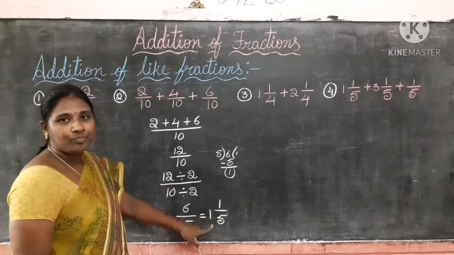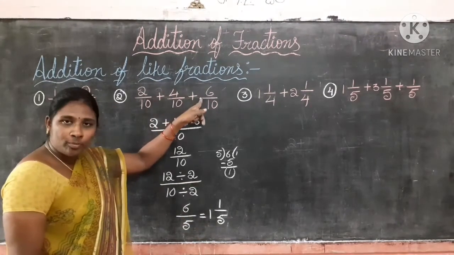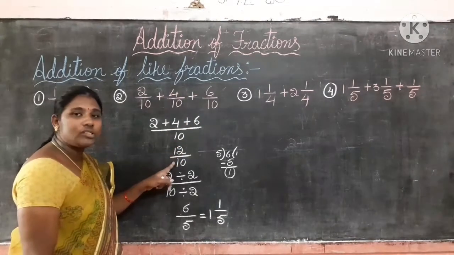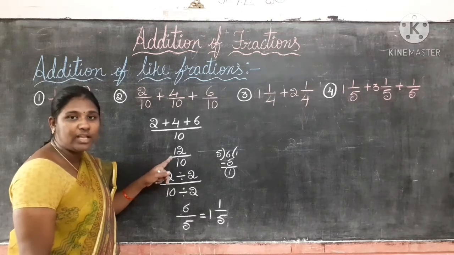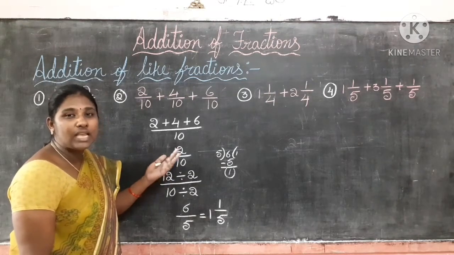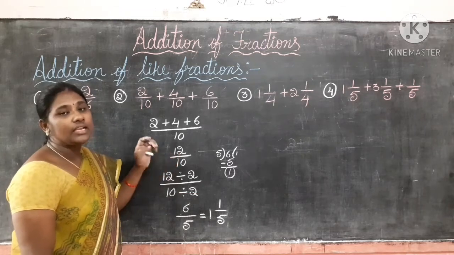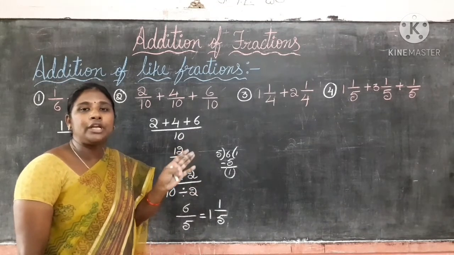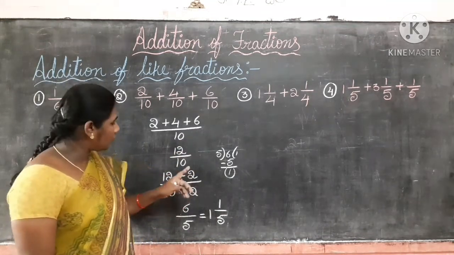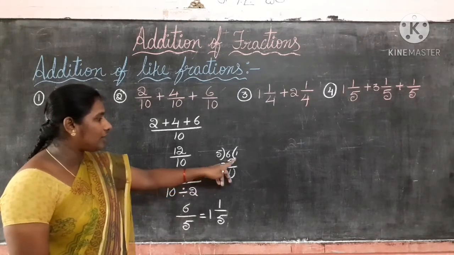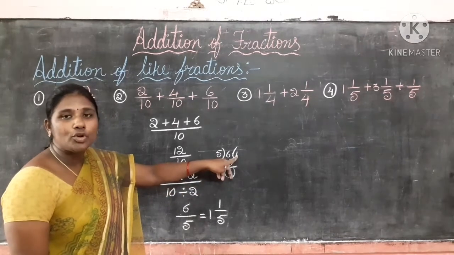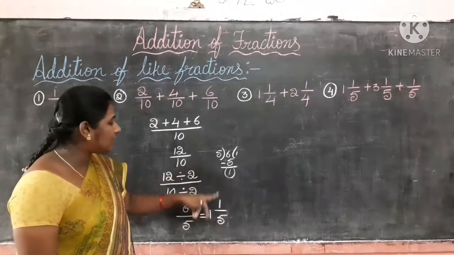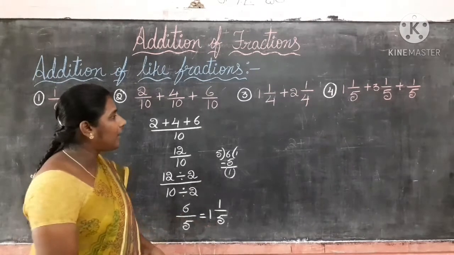1 by 5. Okay, first we have to add the numerators, and the denominators are the same, so we take one denominator. Now we have to check whether these two come in the same table or not. If they come in the same table, we have to do the division. Otherwise, if it is a proper fraction, we leave it. If it is an improper fraction, we have to convert it into a mixed fraction. So here 6 by 5, do division. 5 ones are 5, 1. So 1 here, the quotient, is the whole number. The remainder is the new numerator. The divisor is the denominator. 1 by 5.